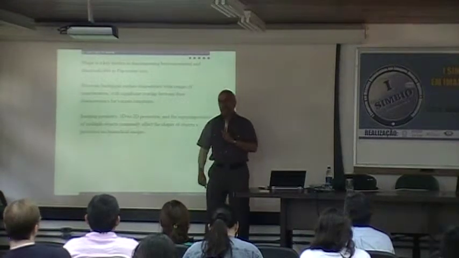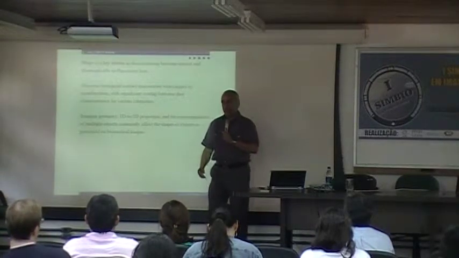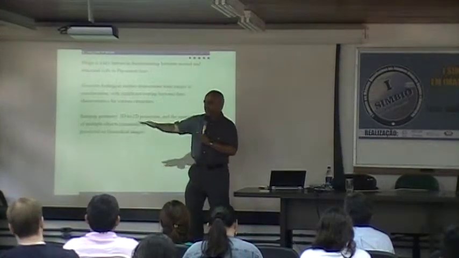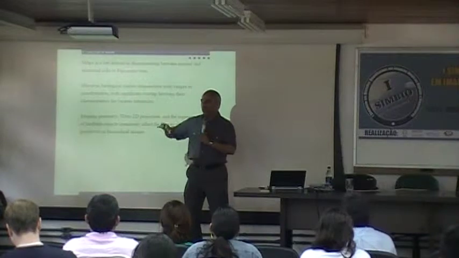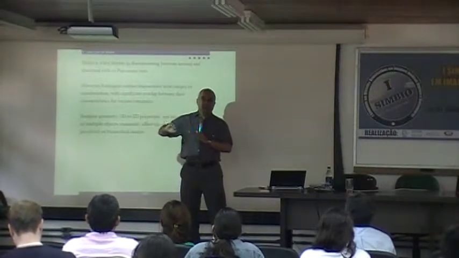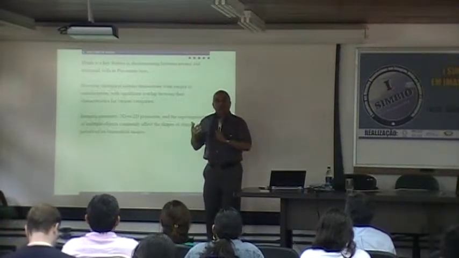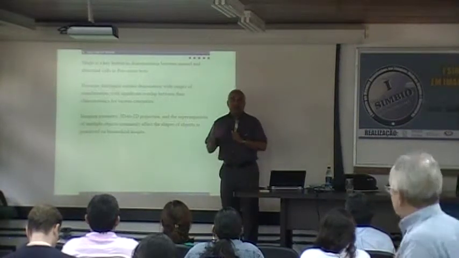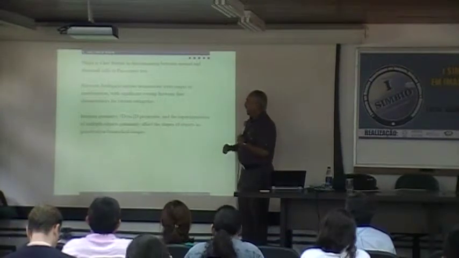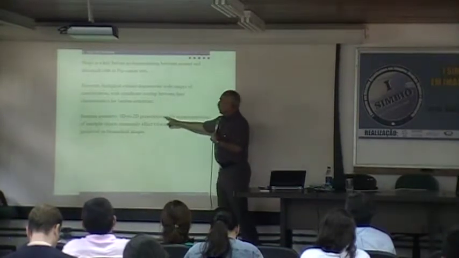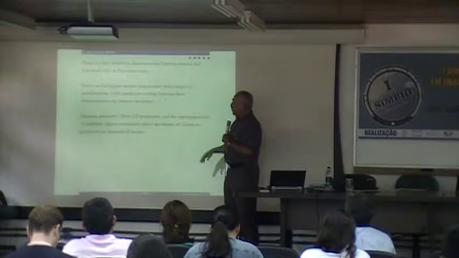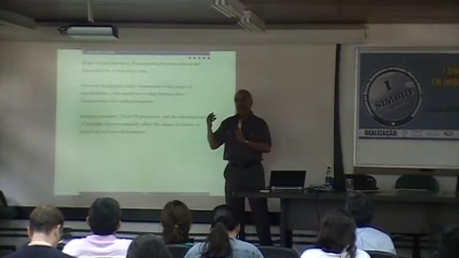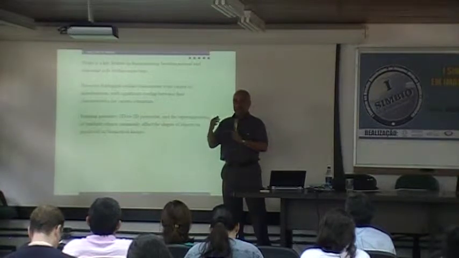So the geometry of the projection also matters. A tumor may have many spicules this way, but if you project in this direction, all the spicules will be integrated. So the way the tumor is projected could also cause some misleading information. So projection, superimposition of multiple objects, can modify the shape of the appearance of the object as it appears